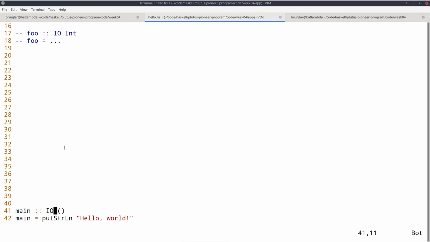So this is a recipe that can do some side effects, and in the end returns a unit, which means nothing. I mean, nothing of value, because there's only exactly one value of type unit. So the only interesting part are the side effects. And this would be hello world in Haskell.